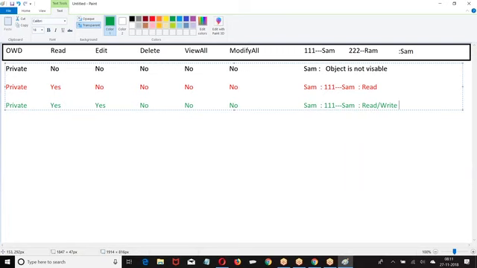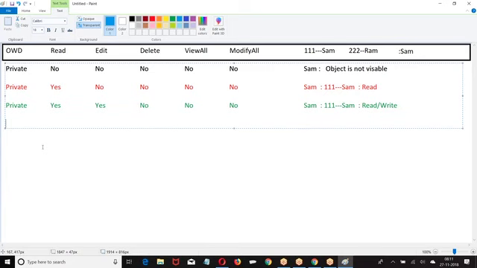Why are you not able to see 222 Ram? On the object level, I have a permission, but at record level, I don't have permission to see 222 Ram. On the object level, I have read and edit permission, but at the record level, I don't have read and edit permission.